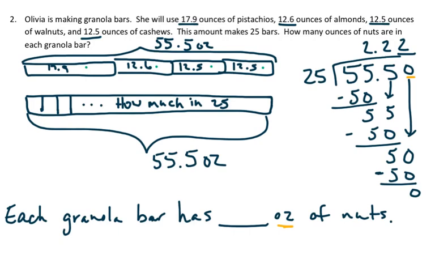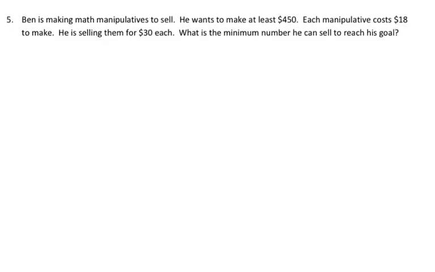So that means that each one of these sections is 2 and 22 hundredths of an ounce. Okay, and I can put that down here in my target sentence. Each granola bar has 2.22 ounces of nuts. Okay, the next word problem we're going to do is number 5, and it says Ben